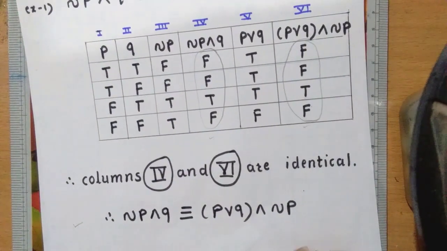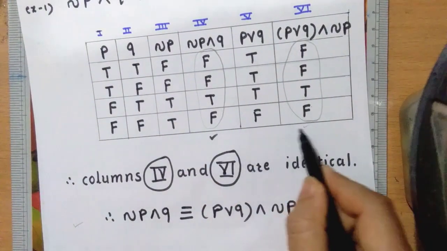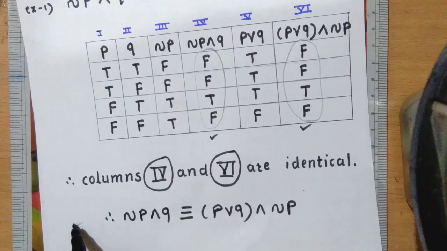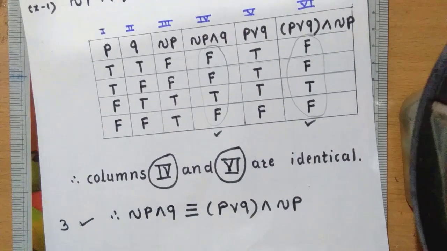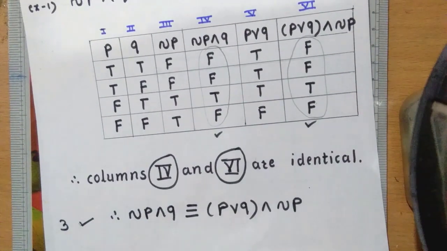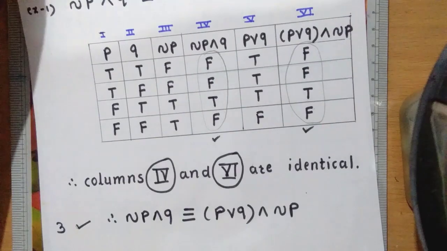This example carries 3 marks: for this step 1, for this step 1, and to mention the last step. And so here in the exam, examiner will write 3 marks here. So again one more example.